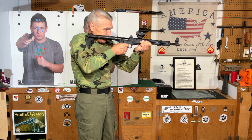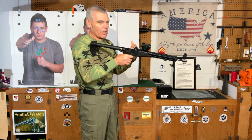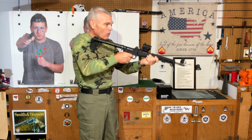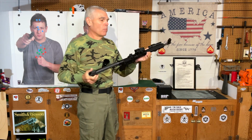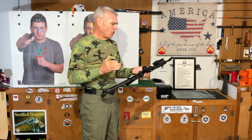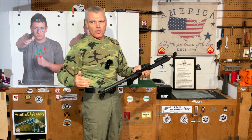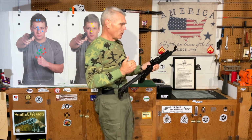When I'm shooting it, it breaks cleaner to some degree. This is all relative. We're still talking about a sub 2000 trigger, but it breaks cleaner and it has a more positive reset. So again, I don't know if that's just the difference between this one and that one, or if it's a difference from the Gen-2 to the Gen-3, but I wanted to point out the difference in the